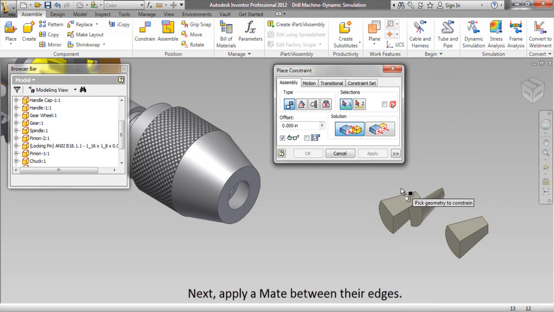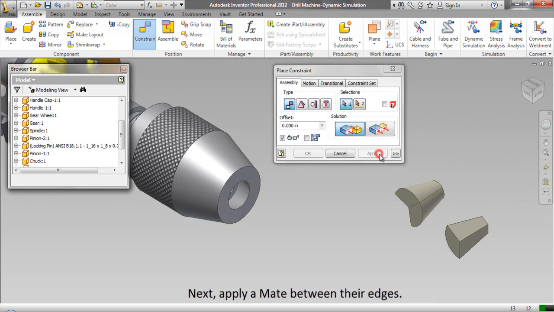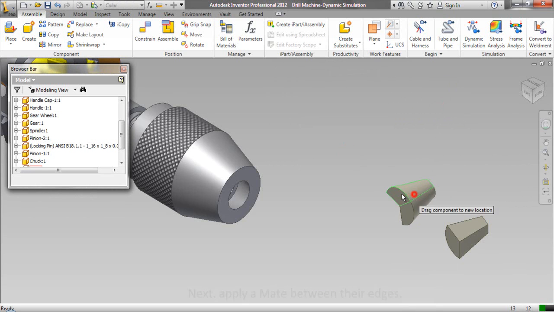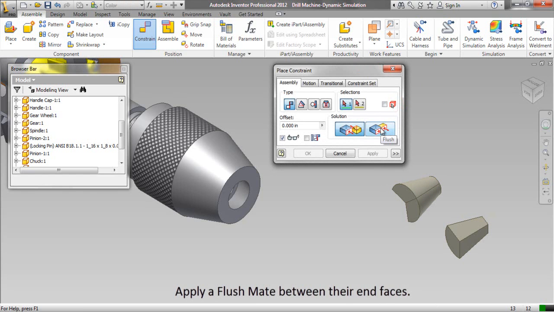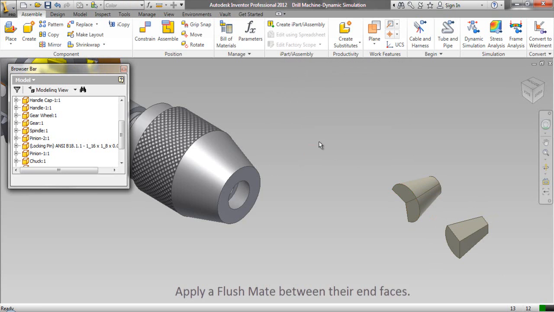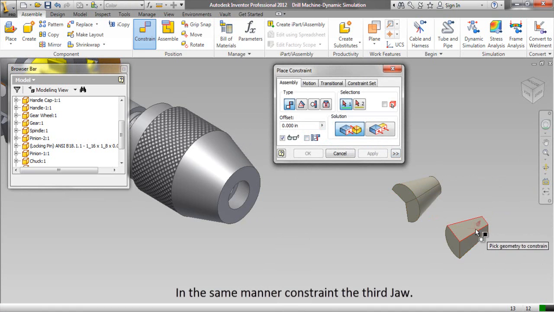Next, apply a mate between their edges. Apply a flush mate between their end faces. In the same manner, constrain the third jaw.